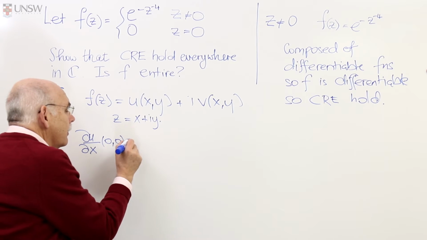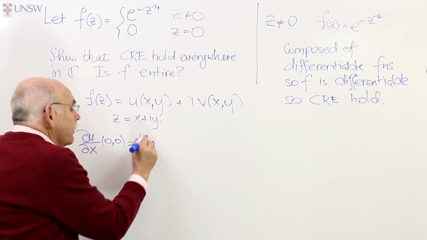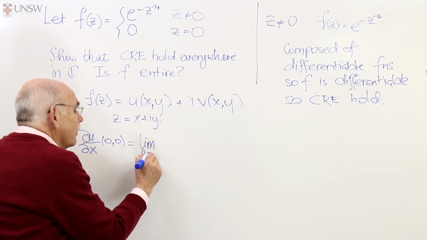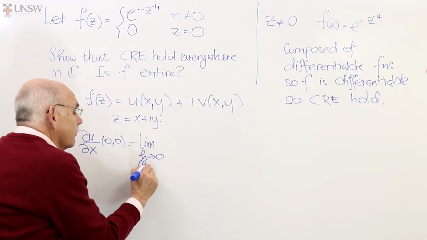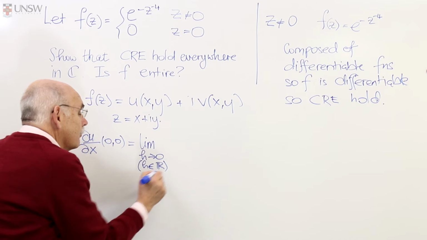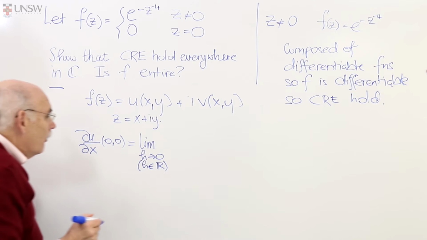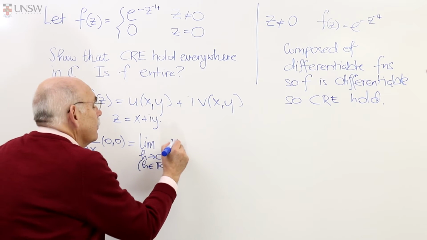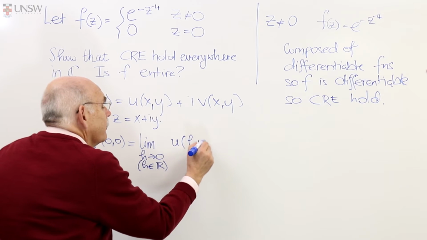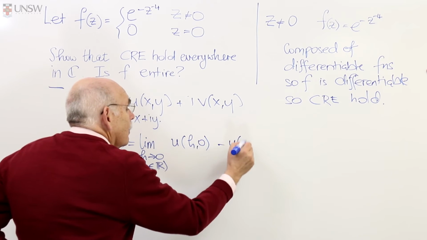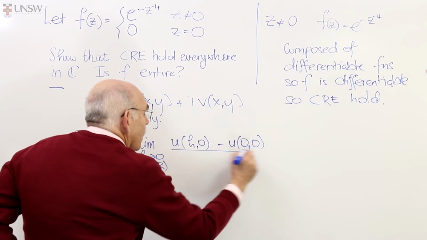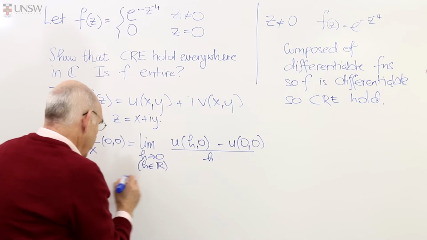Well, this is equal to the limit as h goes to 0, where h is a real number, of u of h,0 minus u of 0,0 over h,